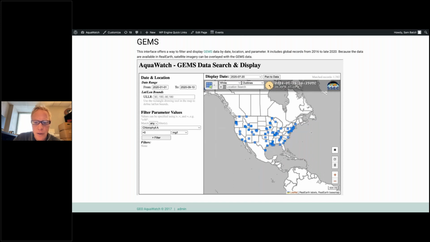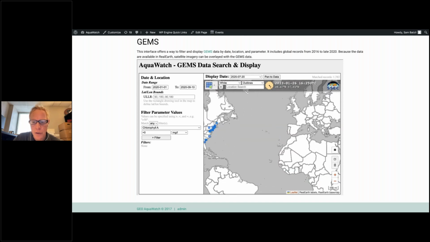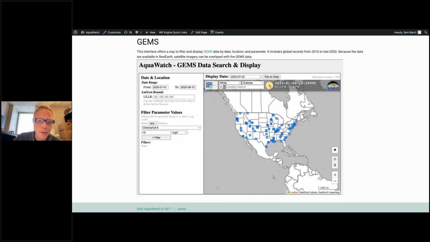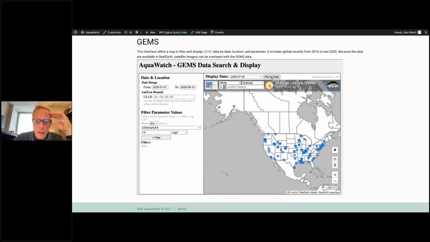This looks like one of the US contributions, so we're not going to see it anywhere else. But if we picked a different date, it might be in a different location. We also have this pan to the data feature so you can find it. So, why is this useful? Well, now we know that July 20th has some chlorophyll data over the US, and